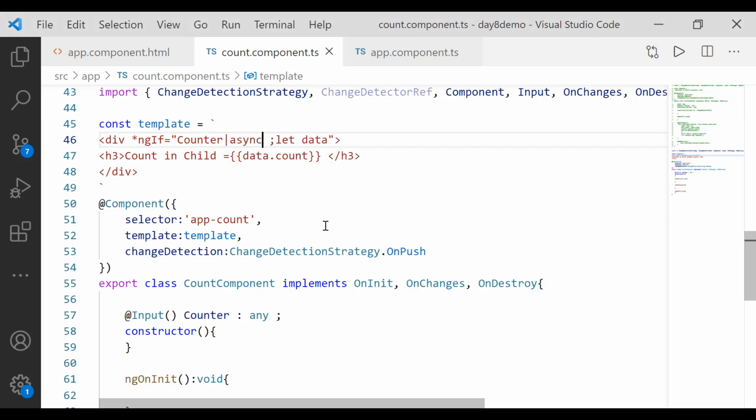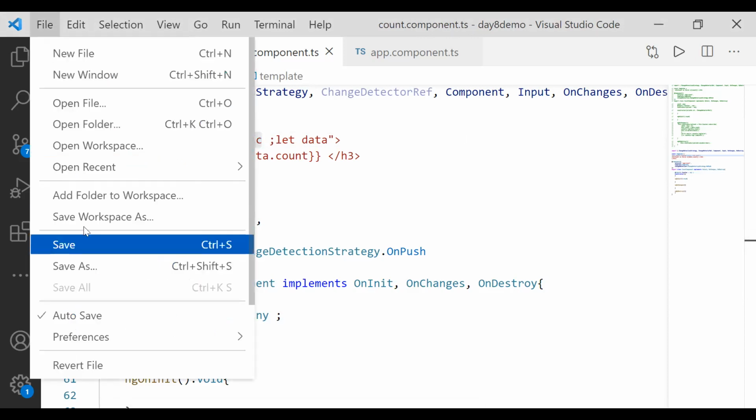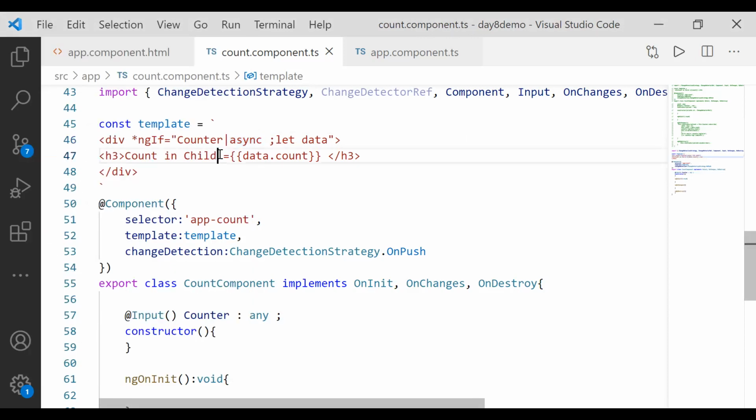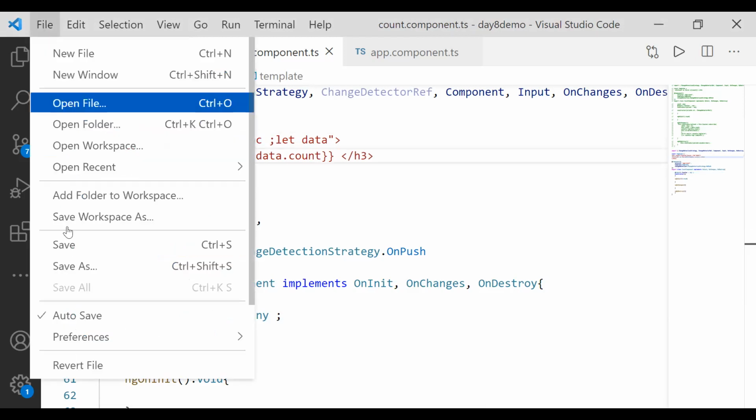In the same way, Angular has provided us a pipe called async pipe, ASYNC. So when you do that async pipe,